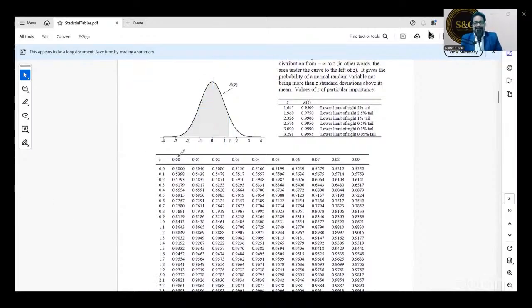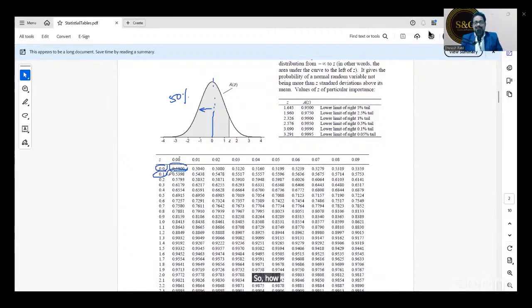When I say z is 0, you can see it is 0.0. So where will z 0 come? It will come here, exactly in the center. Whatever comes on the left-hand side is 50%, so 50% of the area is covered if z is 0. Let's say z is 0.1.